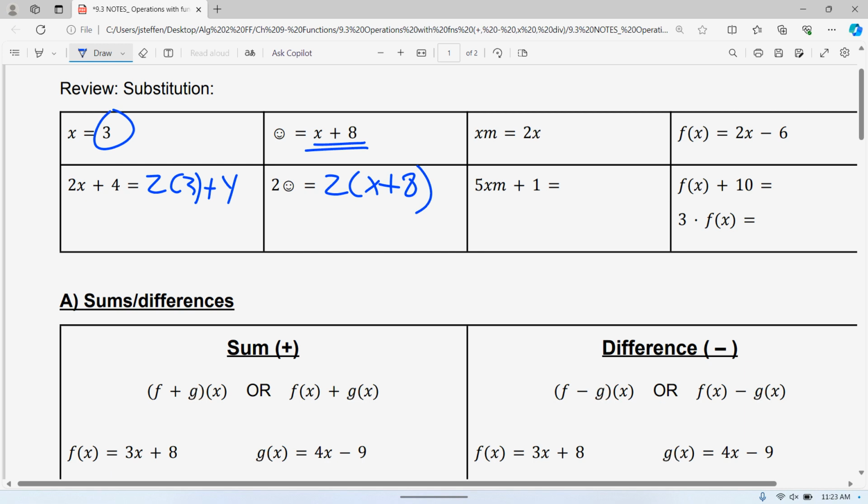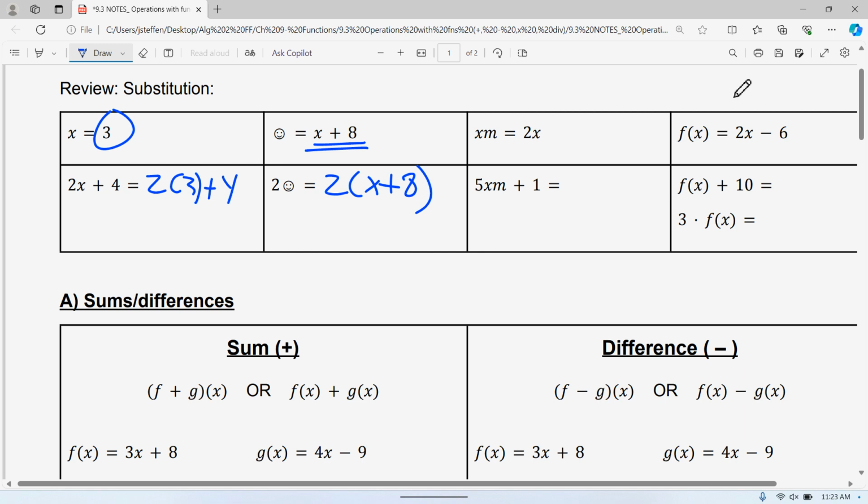Number one, remember. So again, you plug in the whole thing. If the smiley face is equal to x plus 8, that means they are equivalent. It doesn't matter which one is which. So if I have a smiley face in there, I can take that out and put in the x plus 8, and nothing changes because they are the same. It's the same concept as if you had 10 and 6 plus 4. They're equal to each other, so I could take out a 10 and put in the 6 plus 4, and